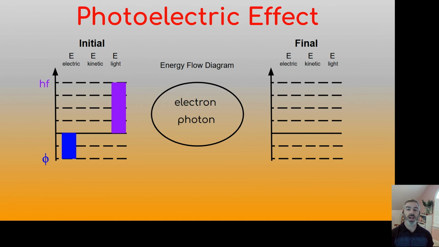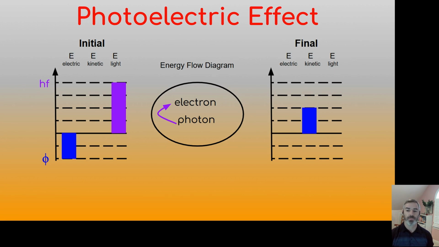Now the photon then collides with the electron, and the electron absorbs the photon. So we have an energy transfer from the photon to the electron, which means that now the sum of the work energy and the energy of the photon is going to be the total kinetic energy of the electron, which is going to be the sum of those two. So just looking at the heights qualitatively, we have 4 plus negative 2, which gives us a height of 2. So not all of the photon's energy goes into giving it kinetic energy, it has to break it free of that binding energy first,